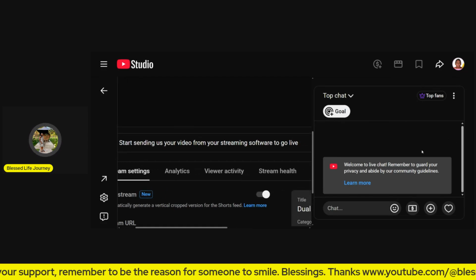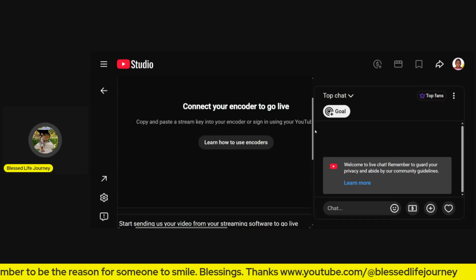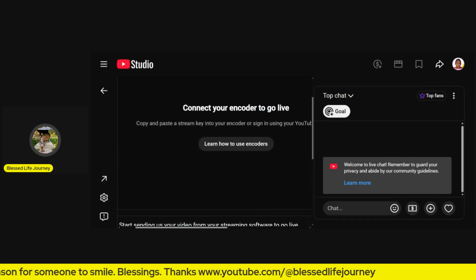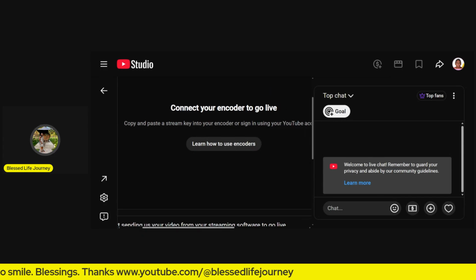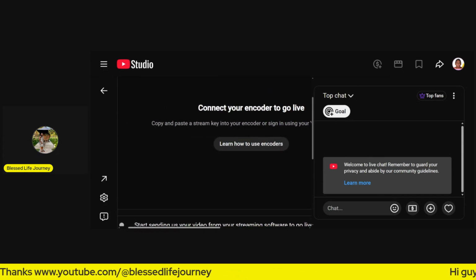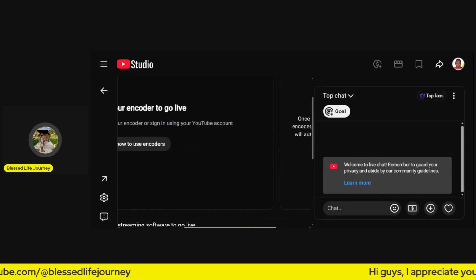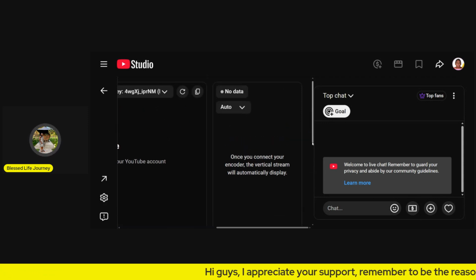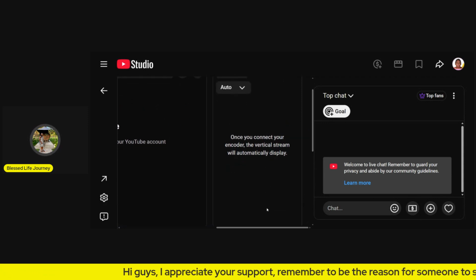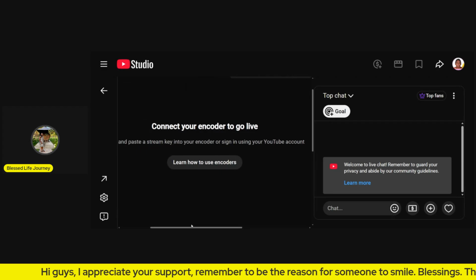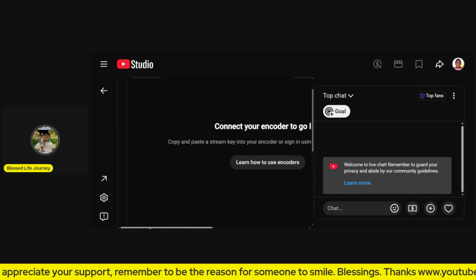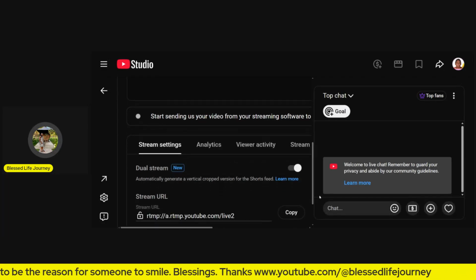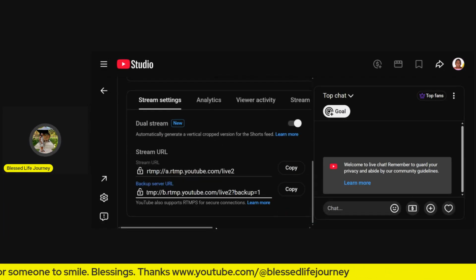Go to the top of your interface, and you should see your stream. To the left of your interface, you will see your landscape, and to the right, you will see your vertical. This is how YouTube splits it. I don't want to stretch out the stream long, but I think it's important that we break it down. Below, you will see